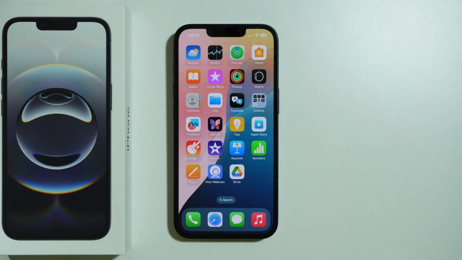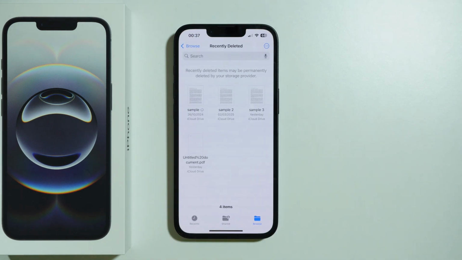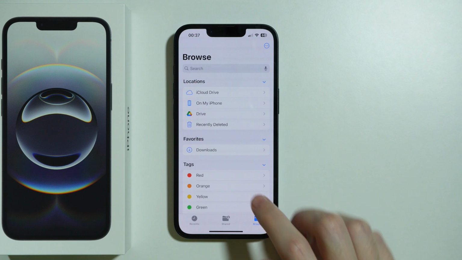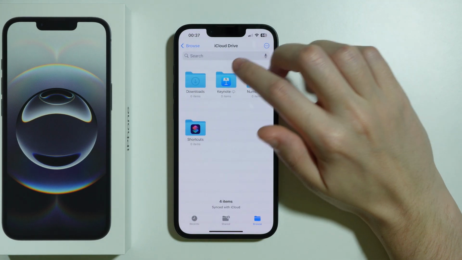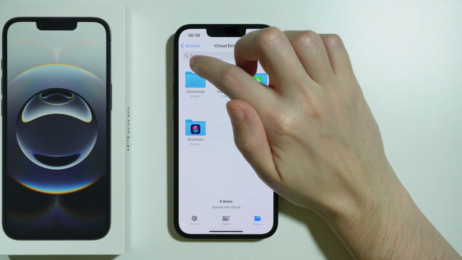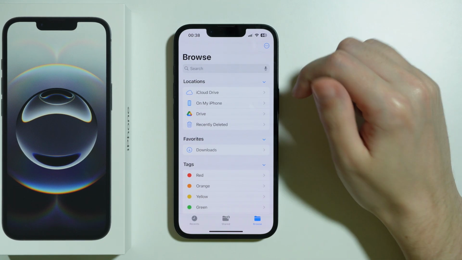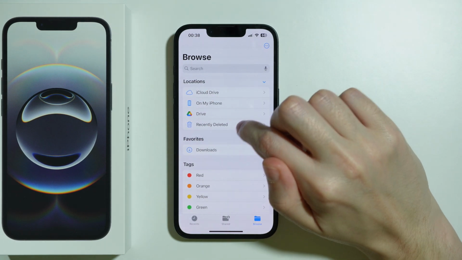If you want to recover deleted files on iPhone 16e, then first of all we need to go to the Files app. In my case, I had to tap on Browse in the bottom right corner. But for example, if you are in the iCloud Drive or something, then you can also tap Browse in the top left corner. So once you have this view here with the list of locations and tags, then in locations